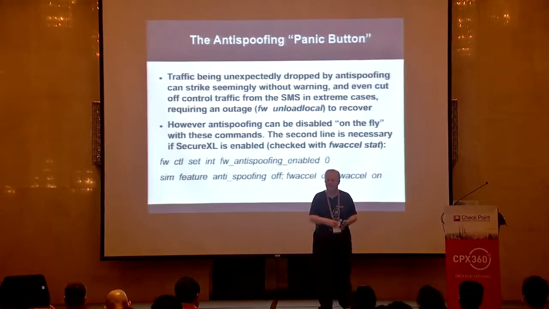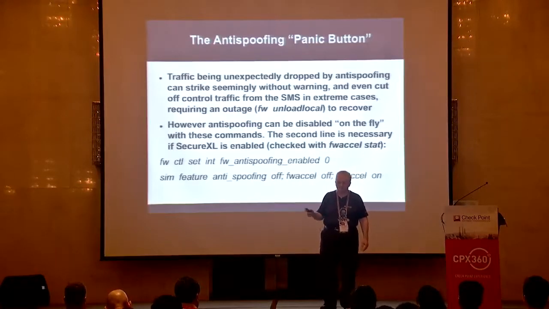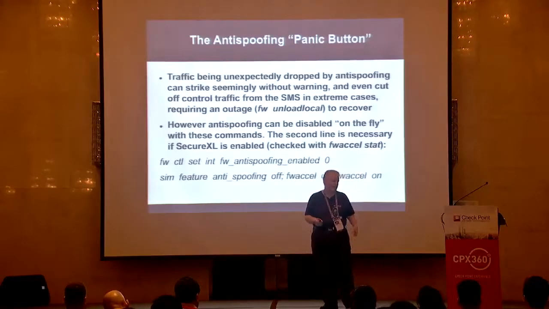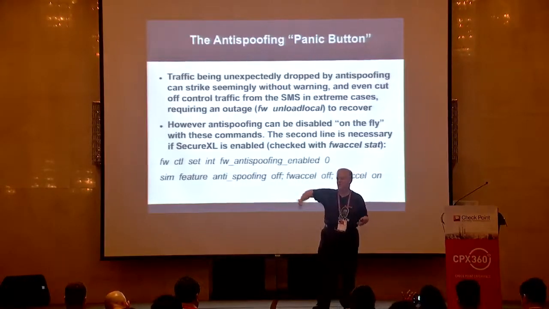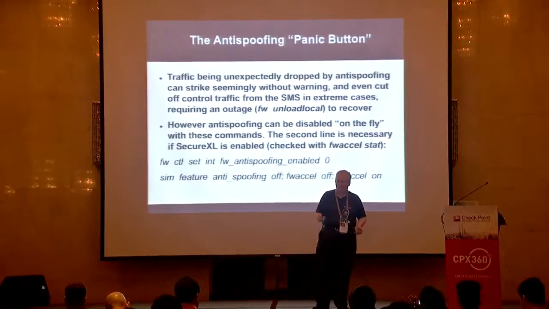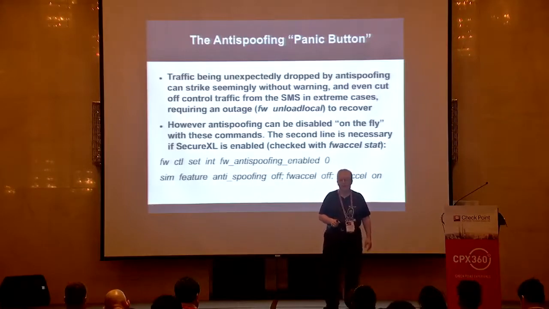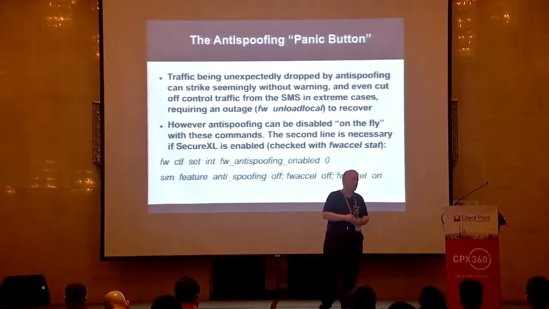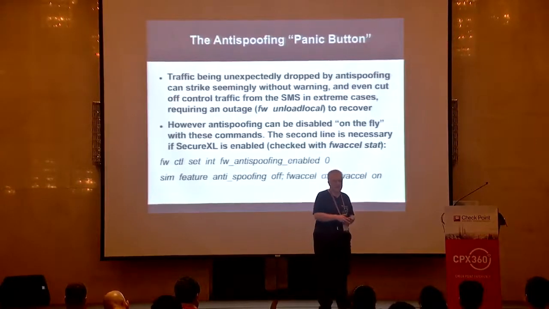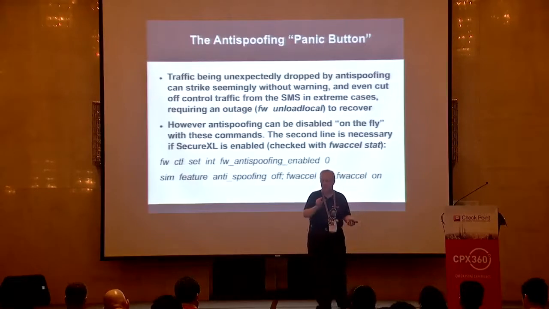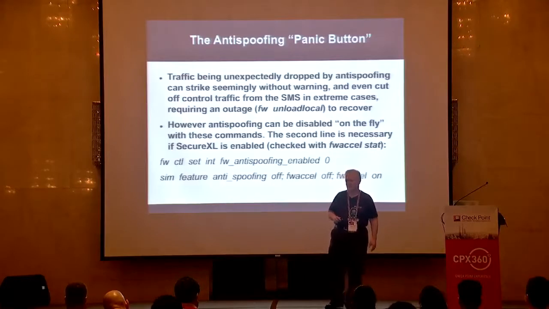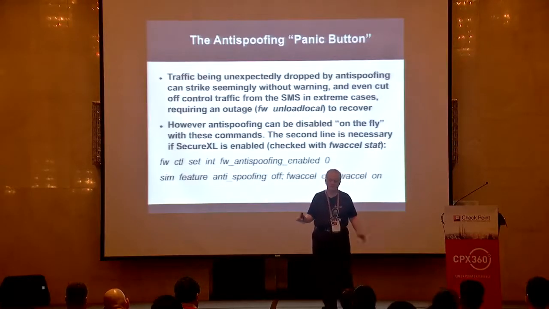Things will drop because of anti-spoofing without you realizing it, because all of a sudden this IP address is somewhere else on a different interface because of a routing change, and that causes some issues, and it can be problematic. But sometimes you just want to turn it off, because you're trying to troubleshoot, and normally that takes a policy push, and sometimes that's disruptive. You can go into the GUI and change the anti-spoofing config on an interface, but if you want to turn it off without having to do a policy push, this is one of those